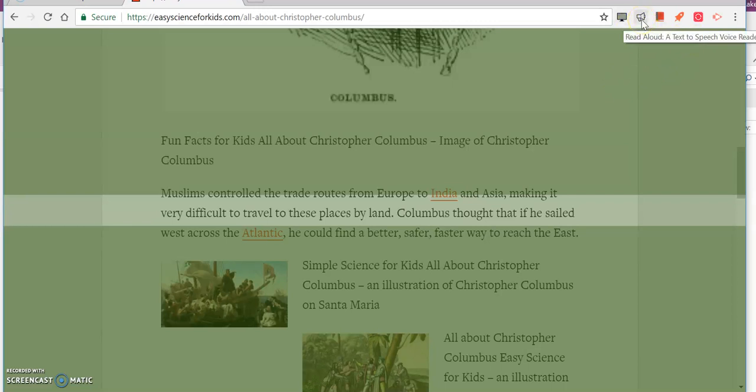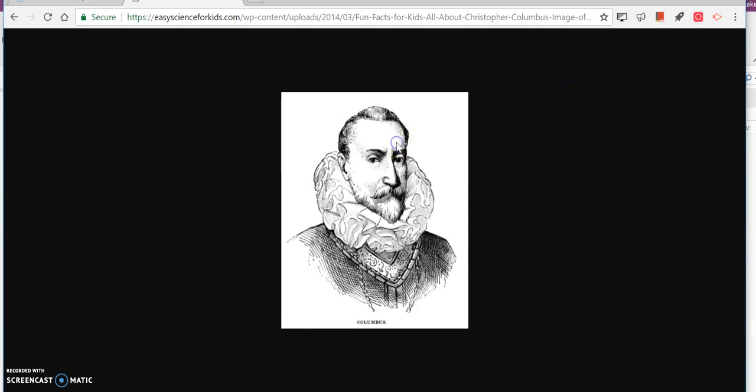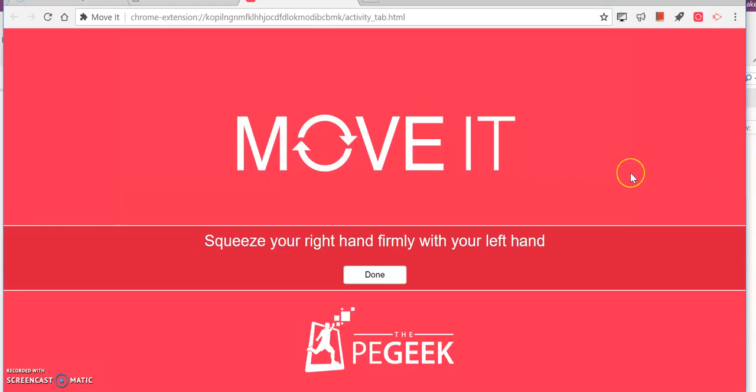I also went ahead and got the Read Aloud. Didn't mean to click on that. And this is my last one, the Move It thing. A lot of my students need a lot of physical movement to keep working. Some of it's written in their IEPs, some of it I've just noticed that it helps. And so this is definitely one that I will have up